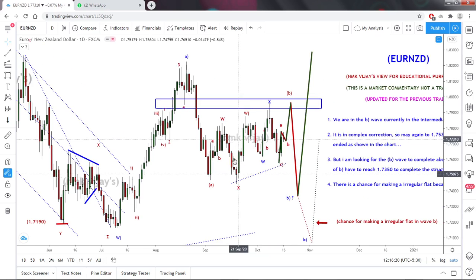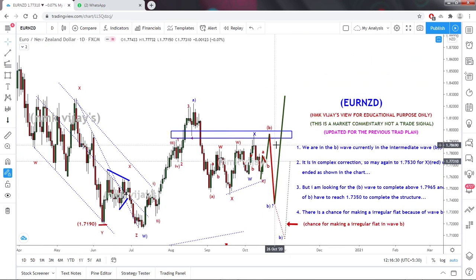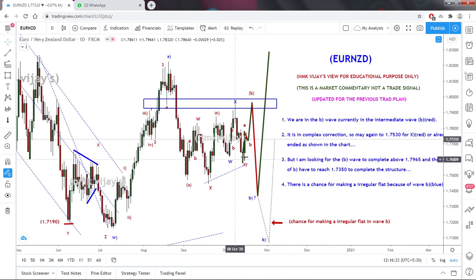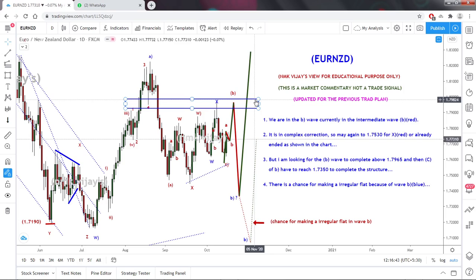So I will again be looking for this kind of price action here. I hope you enjoyed my analysis through Elliott waves, and I shared my knowledge. I may sometimes be wrong in my view also. That is why I have already warned you: don't follow me blindly. Each Elliottician has different views, depending upon the market structure they are viewing. So be careful with my analysis while you are taking the trade.